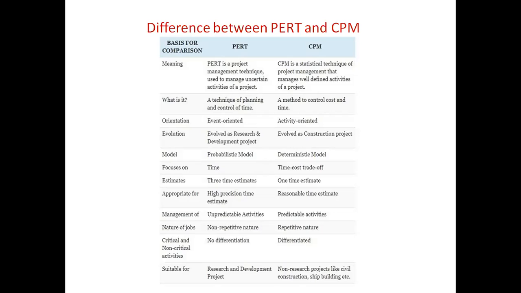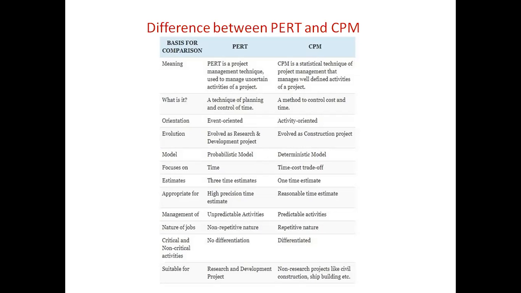Then another time element is the pessimistic time. The pessimistic time is the reverse of the optimistic time, which assumes that all the possible odds, all the possible adversities, all the possible hurdles are going to arise during the execution of any project, and based on that it allots the time for the individual activity. So the pessimistic time element is the largest of the three. And one more is the most likely time element.